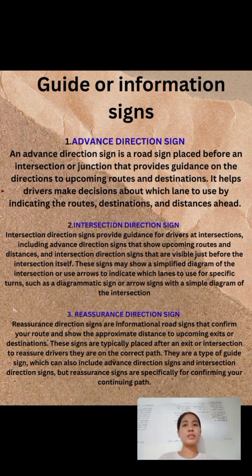The third one is the reassurance direction signs. Reassurance direction signs are informational road signs that confirm your route and show the approximate distance to the upcoming exit or destinations. These signs are typically